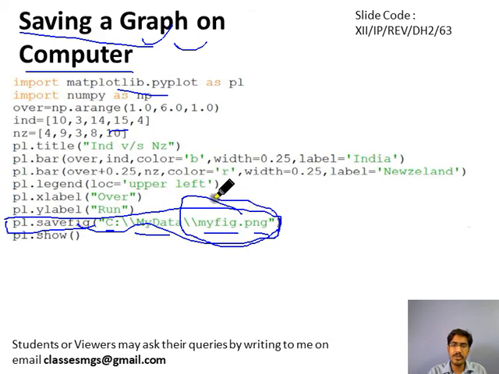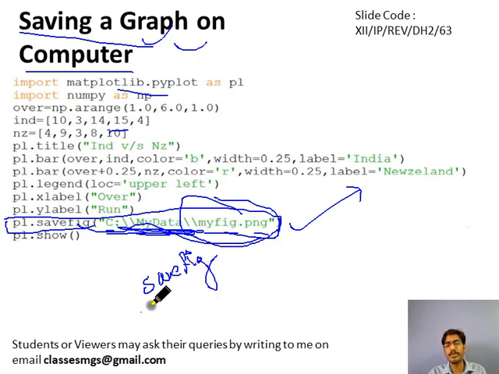This way, if you pass the path of the file, then it will create a file at that particular location after completion of the execution of this program. So for the savefig method, a 1 mark or 2 mark question might be asked: which function is used to save the graph through pyplot on the computer? You can use the savefig method to save the bar graph or any graph on your computer.